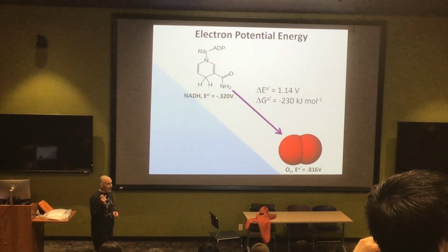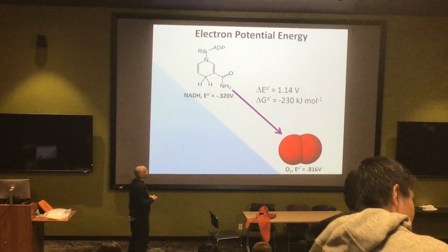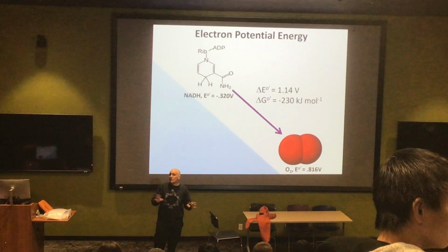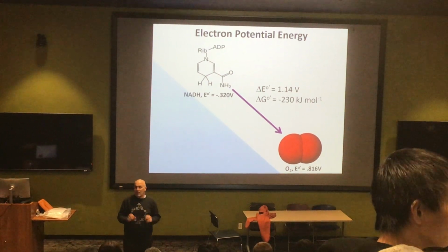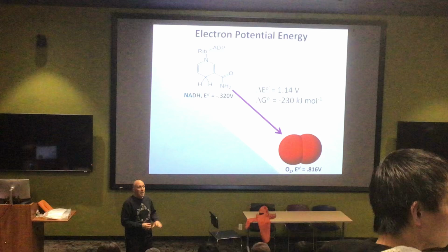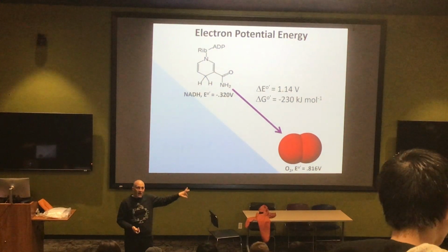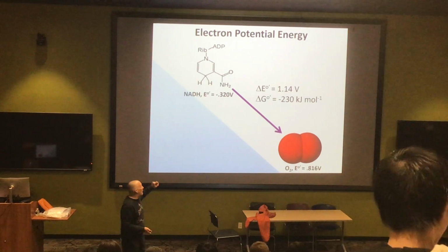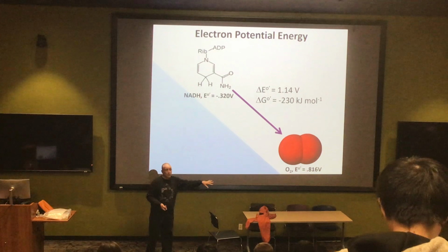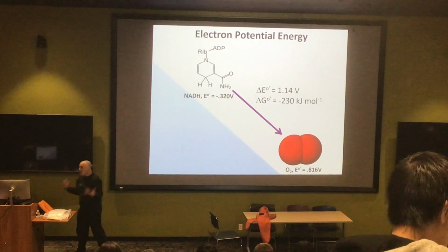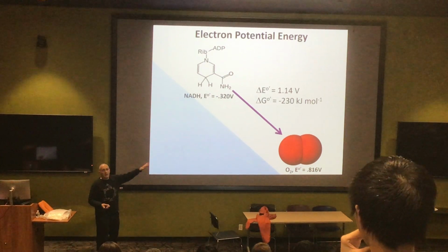That's a battery. That is a volt. Quite a potential difference, and that's equivalent to 230 kilojoules per mole. So even under standard and non-standard conditions, that is a lot of biological energy, a lot of energy capacity. And remember, we have multiples of these NADHs that have been extracted through glycolysis and the pyruvate dehydrogenase complex. We have another electron carrier as well, FADH2, which we can also transfer electrons from. That's what we're going to try to do: allow those electrons to move and do some coupling.